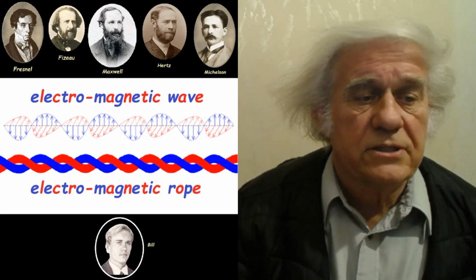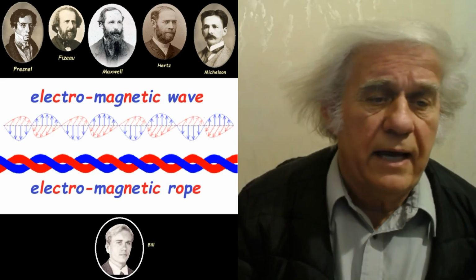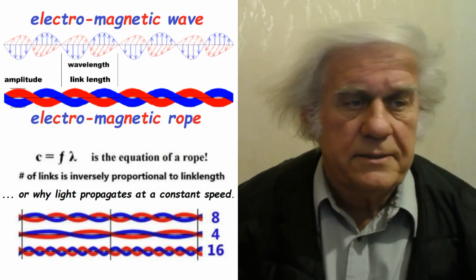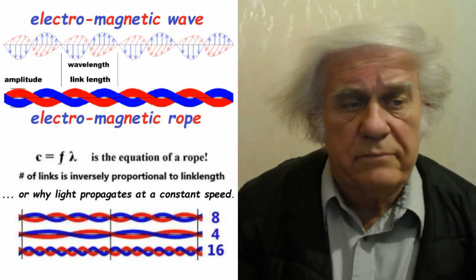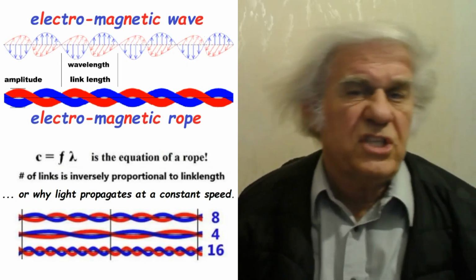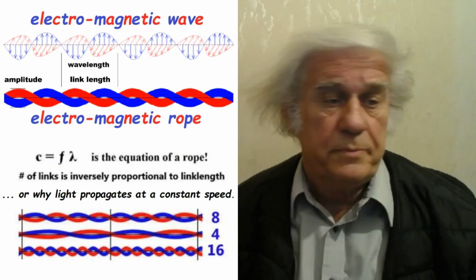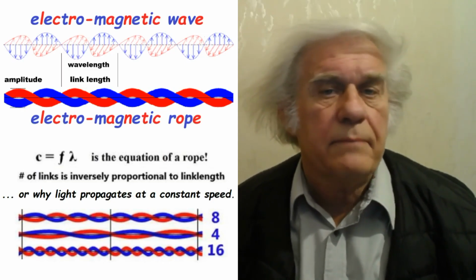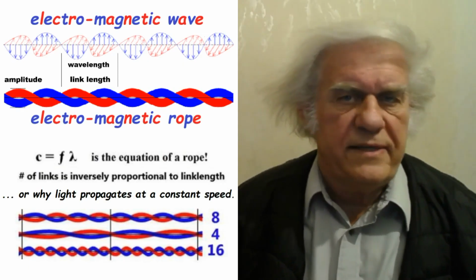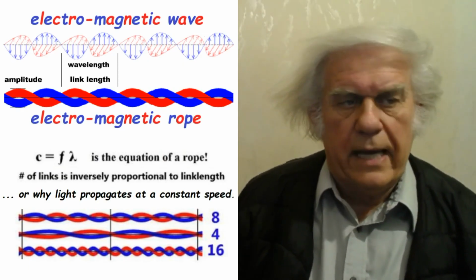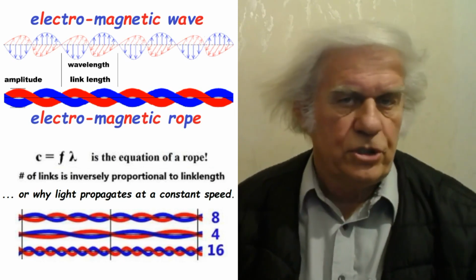Now, as far as light is concerned, I think we have some credit to our name here, okay? And that's because of this. We can explain the constancy of the velocity of light, the speed of light. And you can see there that you have that little equation, little c, velocity of light, speed of light, equal to frequency times wavelength, okay? And the only thing imaginable that can represent that equation is a rope.